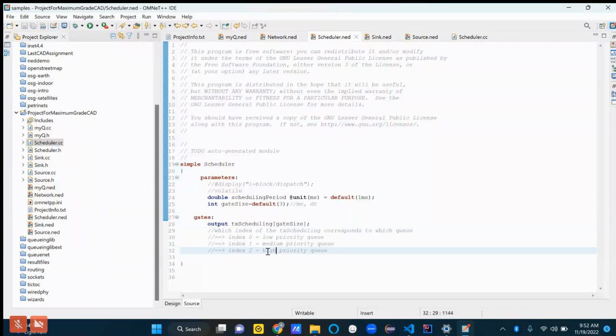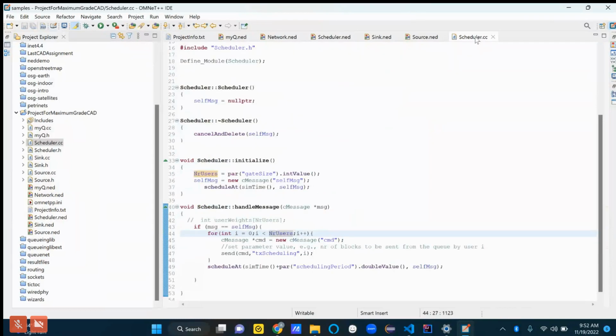If we go back now, we'll see it's very much not doing what we just said. What we want is 0 is low, 1 is medium, 2 is high. Those are the only indices we should ever touch. Now let's go back to the scheduler.cc and see that it does not do this.